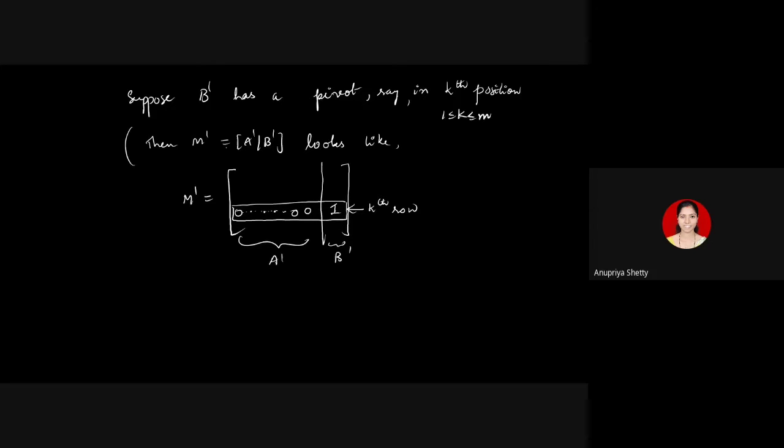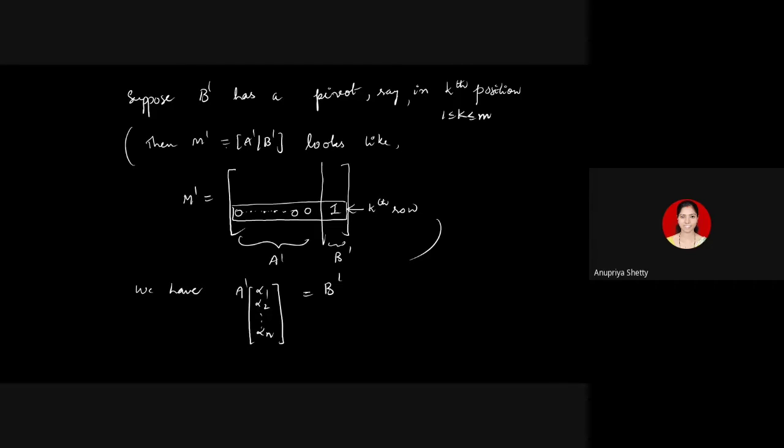Now we know that vector y is a solution for A dash x equal to B dash. We have A dash into alpha 1, alpha 2, etc., alpha n, that's equal to B dash. You know how to equate two matrices. The respective entries must be the same. Now, can I get the kth equation here?